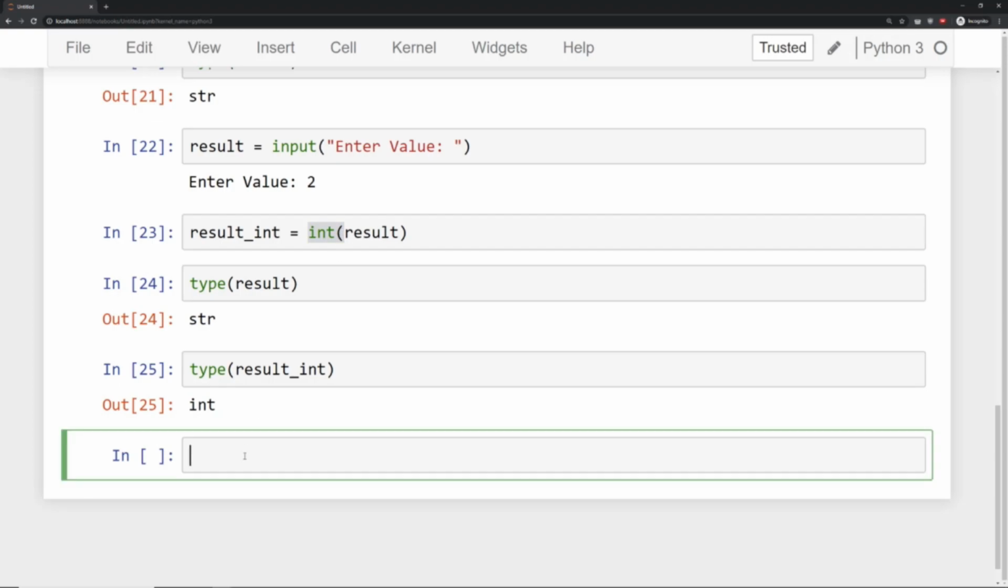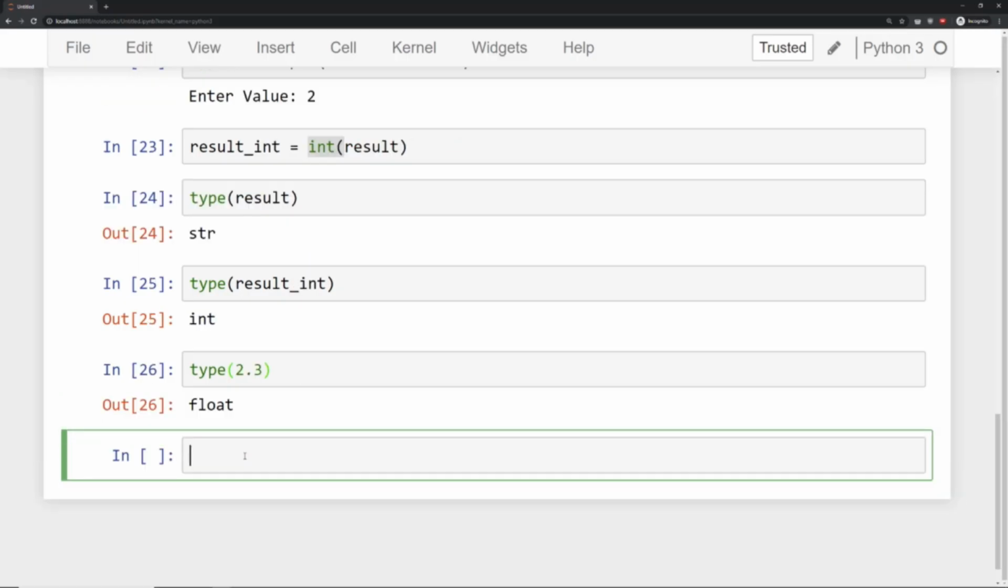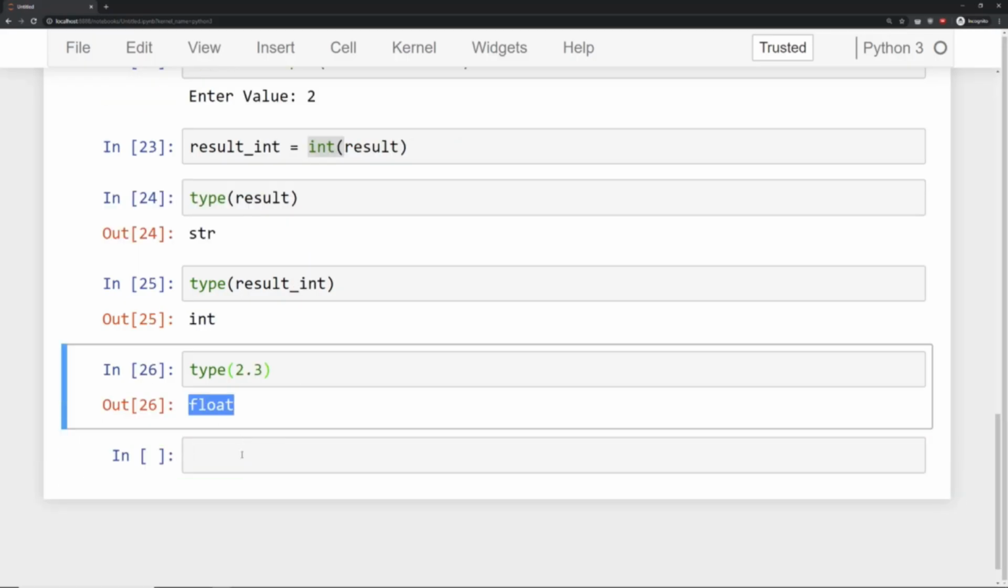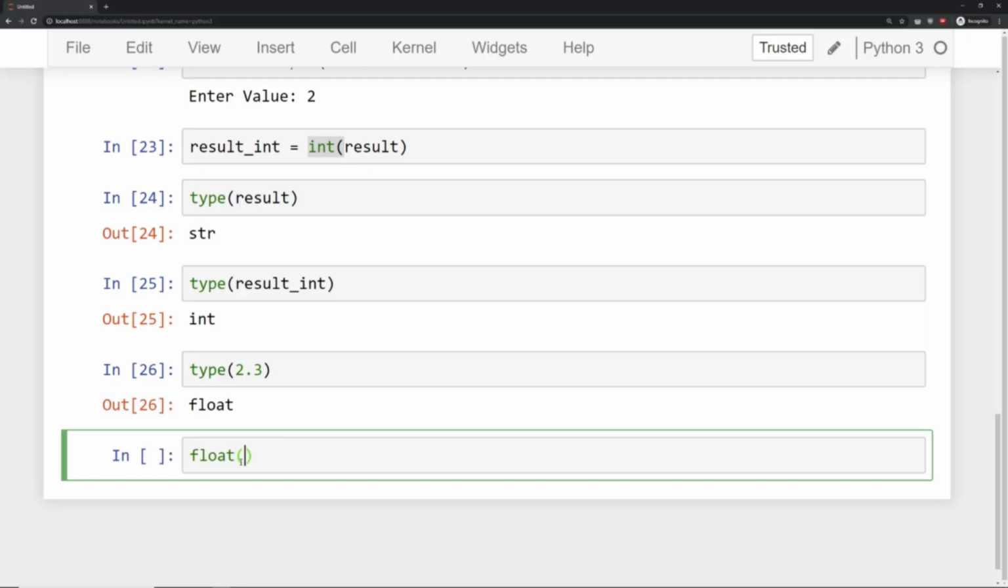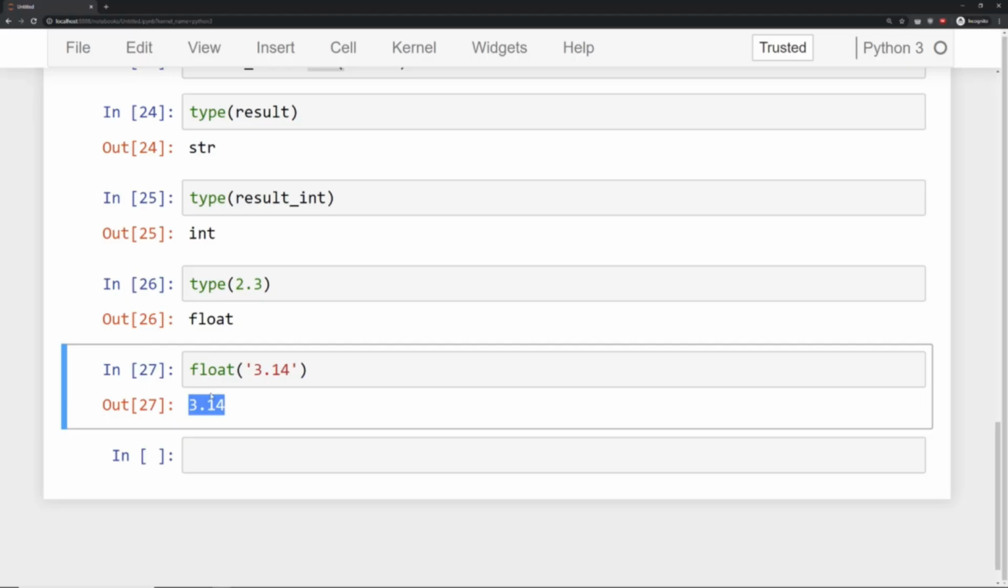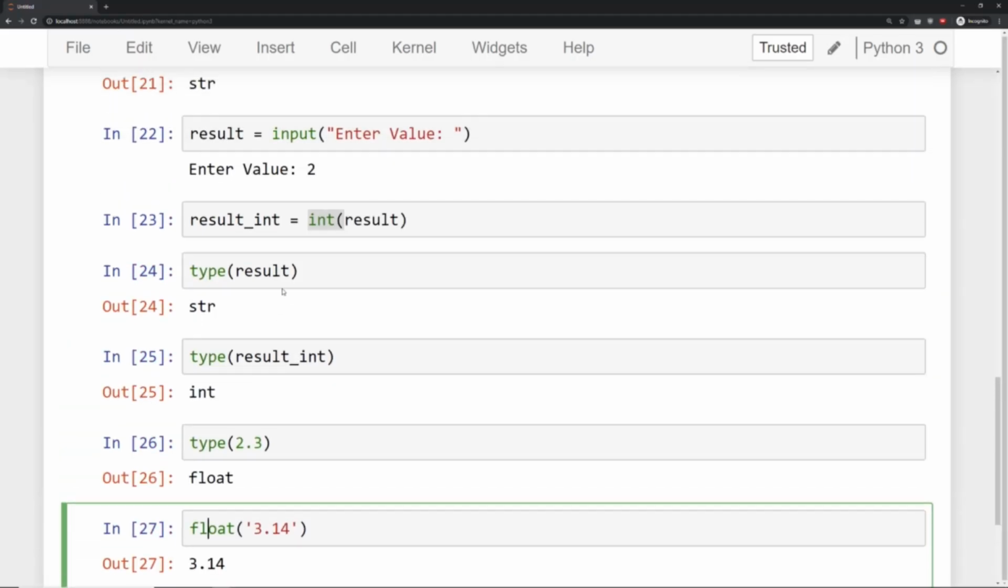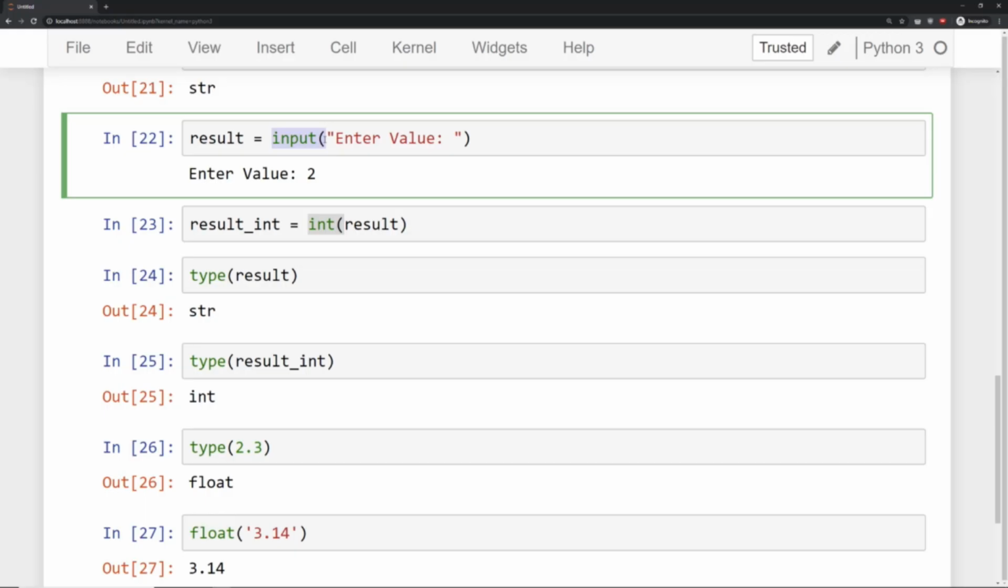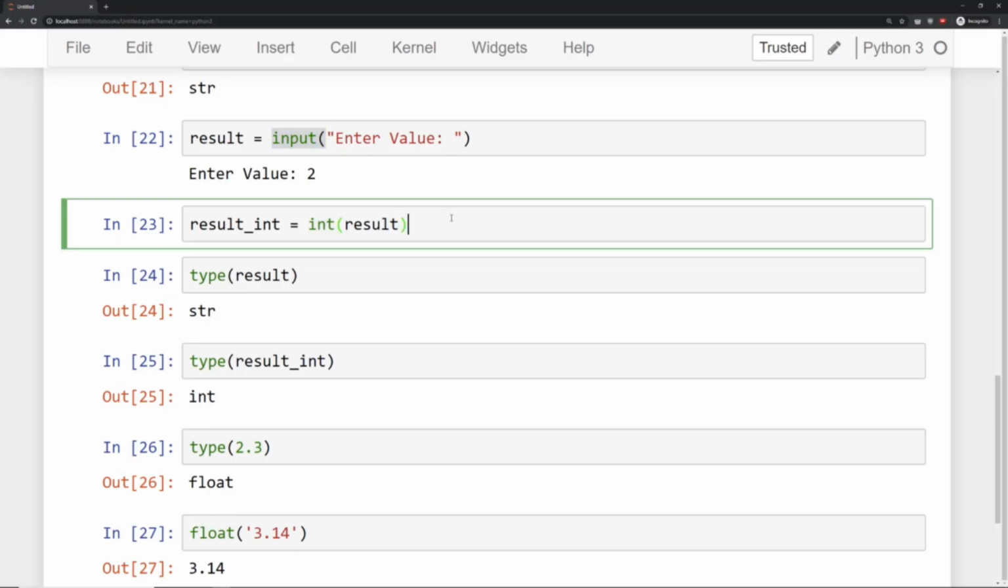So essentially, this type in Python is also a function that allows you to convert from one type to another. If I were to check the type of 2.3, for instance, it brings back float, which means float can convert to floating point numbers. So if I had a string that was, let's say, 3.14, it converts it to the floating point number. So keep in mind that the main thing here is the input function is always going to return a string, which means you may need to convert it